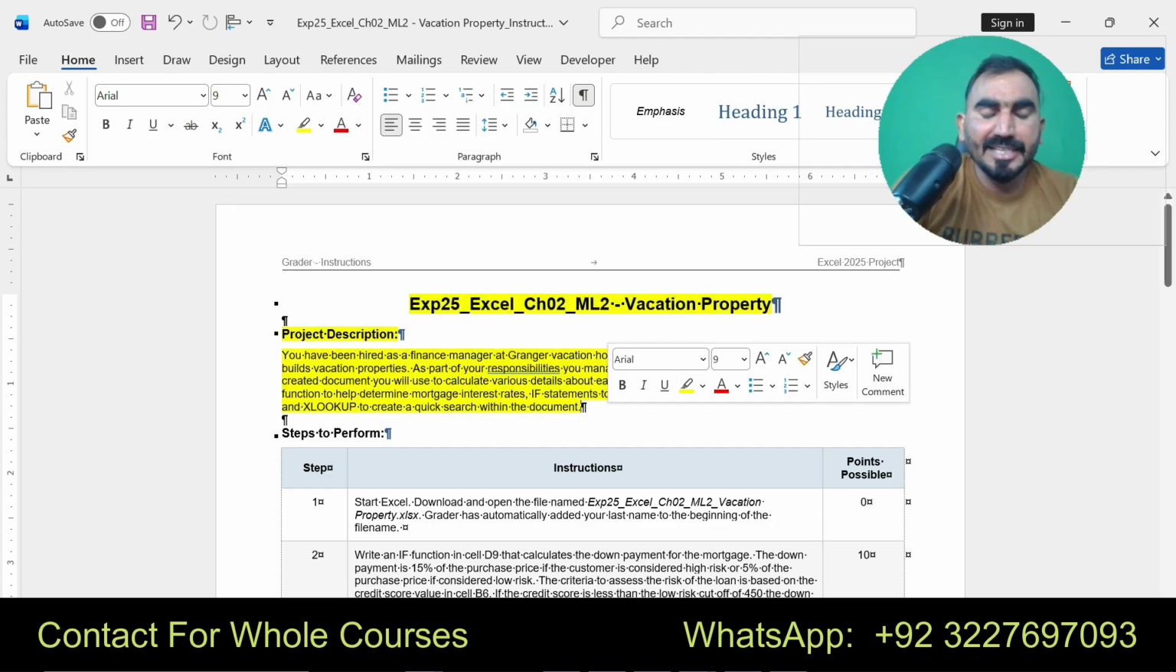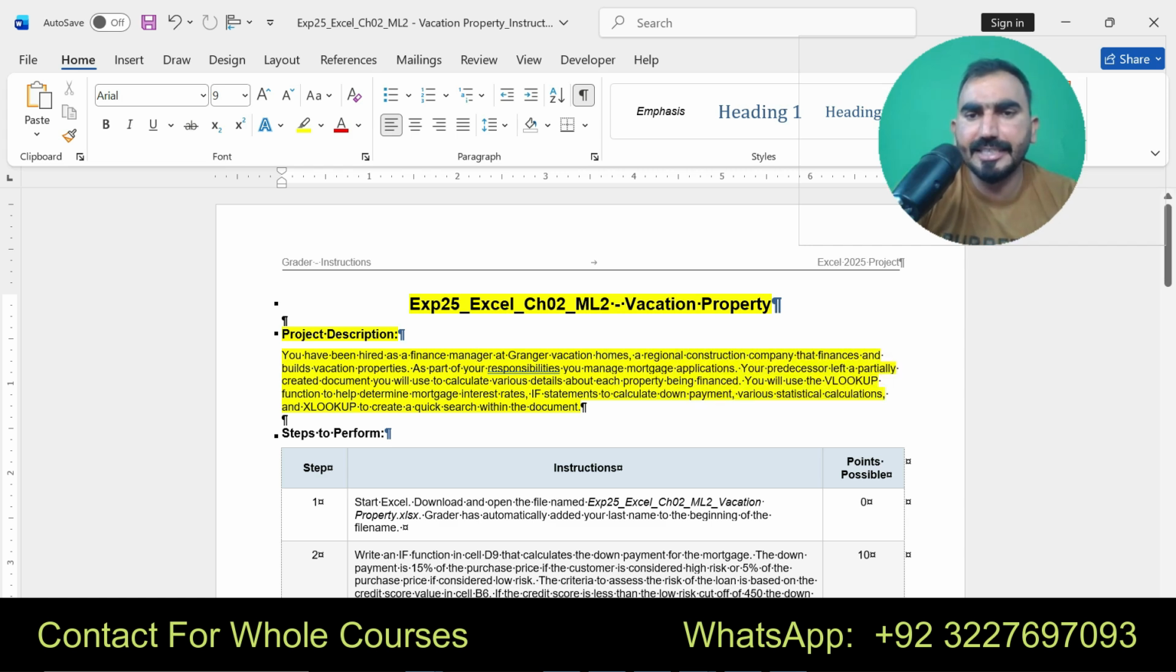Here is the project description. It says you have been hired as a finance manager at the General Vacation Home Construction Company, which finances and bids on vacation property. As part of your responsibilities, you manage mortgage applications, and you have a laptop with partially created documents. Here you can see the project description. Now I'm going to move to the